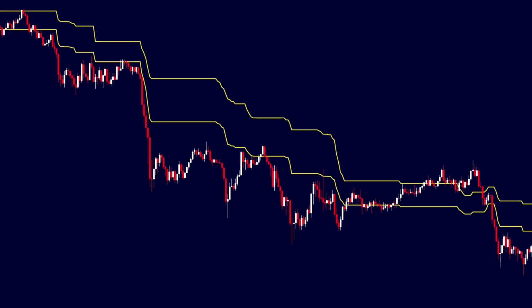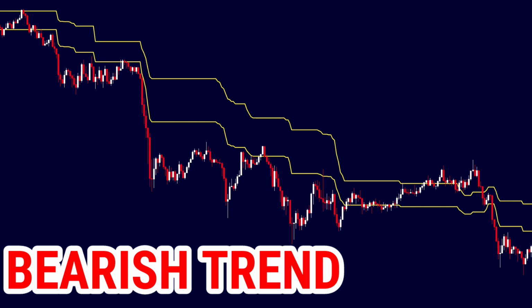On the flip side, if the price stays below the Fibonacci levels, that's a bearish trend. This means market sentiment is negative and the price is likely to continue falling. Traders in a bearish trend might look for selling opportunities or consider shorting the market to profit from the downward